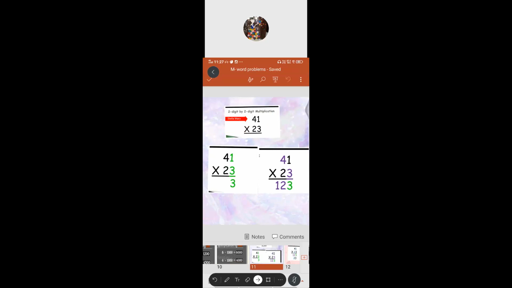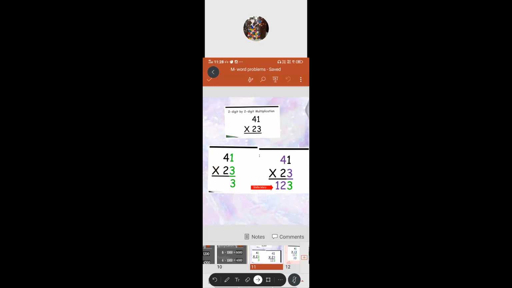In the first step, 41, which is the multiplicand, you always multiply by the ones digit of the multiplier. This is the first step you have to follow while doing the multiplication. At the moment you have to forget about the tens digit. First you do only the ones digit of the multiplier. 41 multiplied by 3: 3 ones are 3, 3 fours are 12. As it is you write it, there is no carry over.